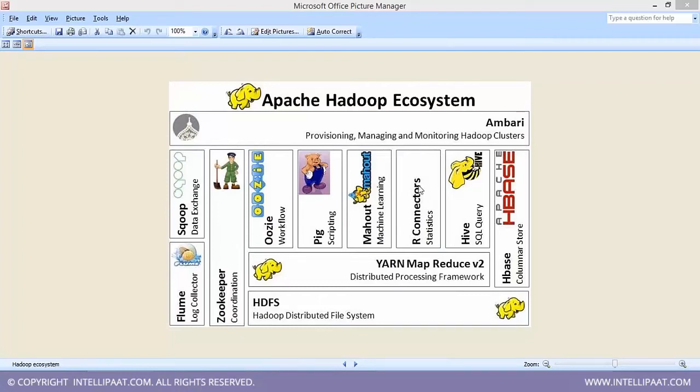Since Hadoop is open source, what are companies doing? They are integrating Hadoop with their existing software, and they are creating their own packages. So there are multiple packages available where you will find Hadoop as an integrated solution with the other products of the companies.